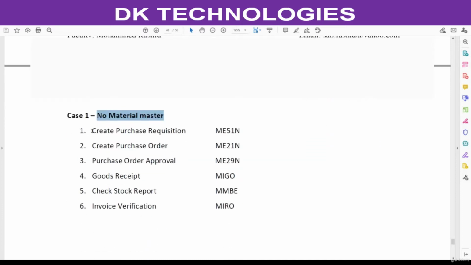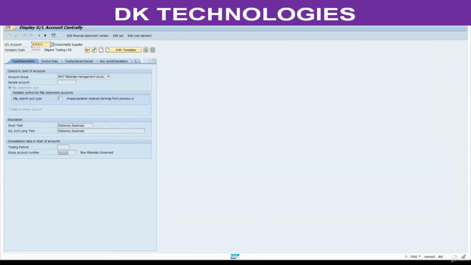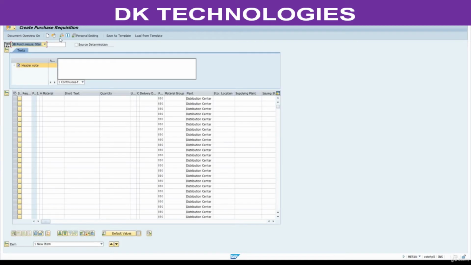These are the steps. Create a purchase requisition. Go to ME51N. Testing without material.